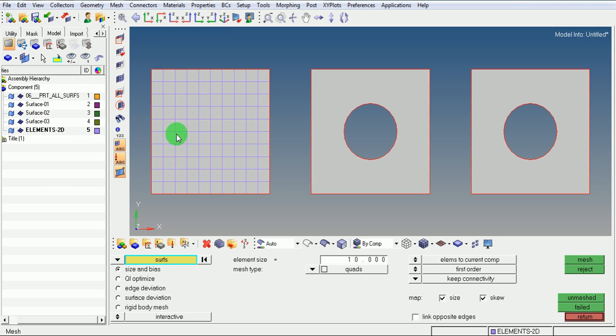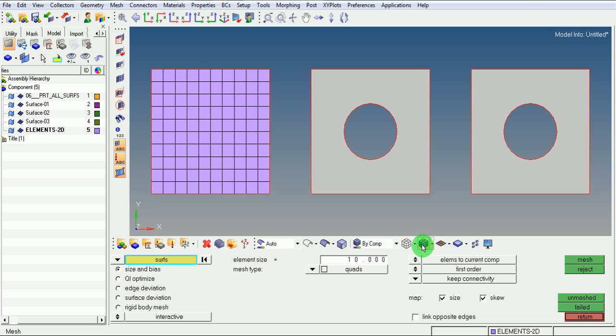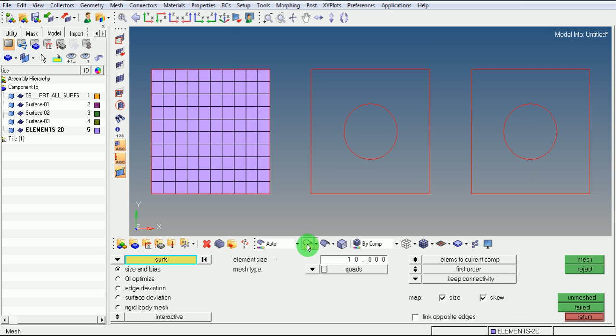To visualize the elements in shaded mode, pick on this option, that is shade elements, and use the wireframe option for surfaces or geometry. Surfaces are now in the wireframe mode and the elements are now in the solid mode.